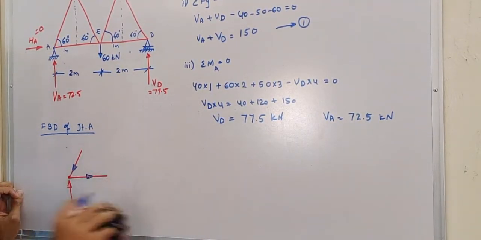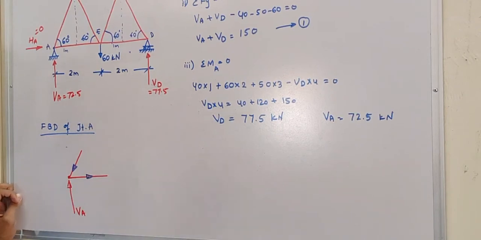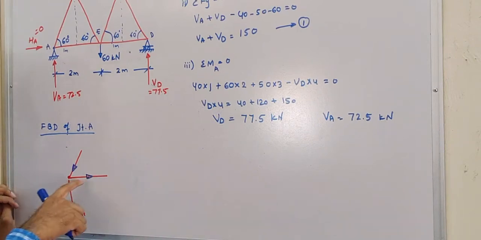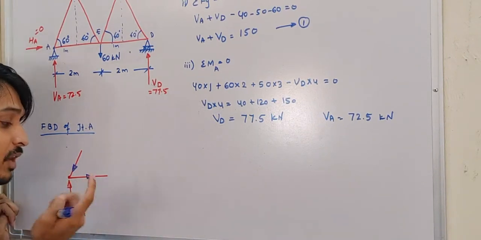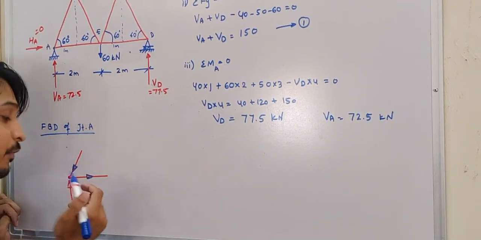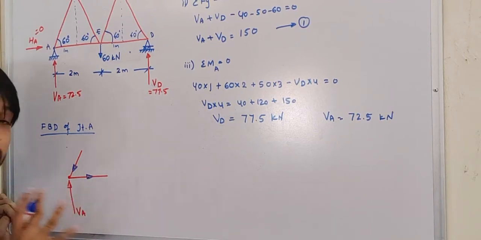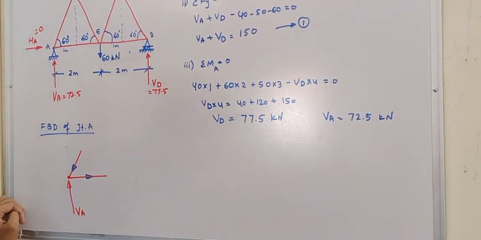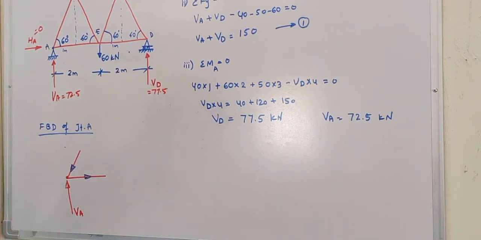Anyway, we can take any assumed direction. If you get positive, it means that the assumed direction is correct. If you get a negative sign, it means that the assumed direction is wrong and you should have taken the opposite direction. What I have assumed here is tension. If the value is positive, then the assumed force is tension. But if I am getting negative, I should have actually assumed compression. Any doubt here? Any doubt in the assumption of these symbols?